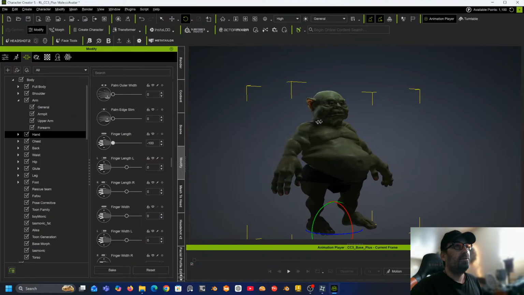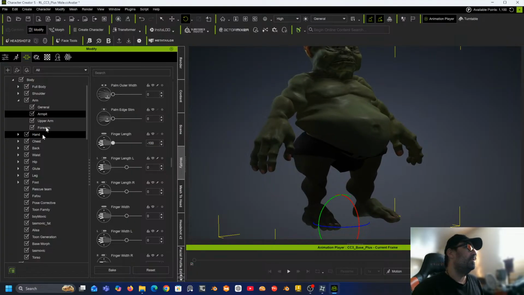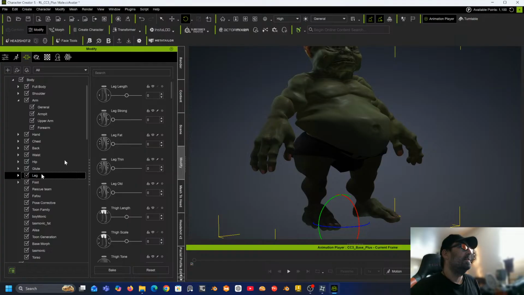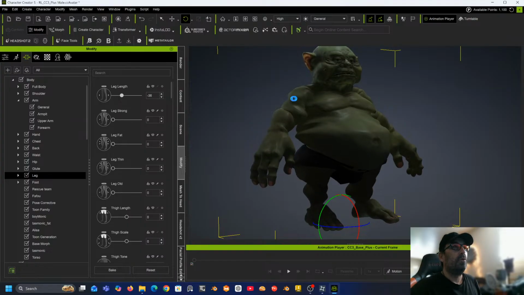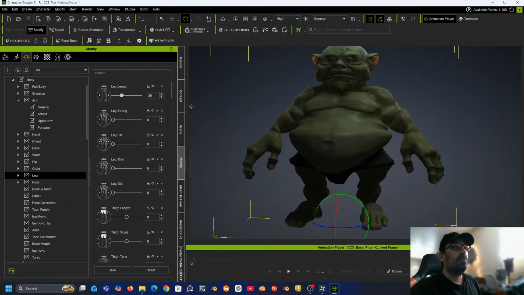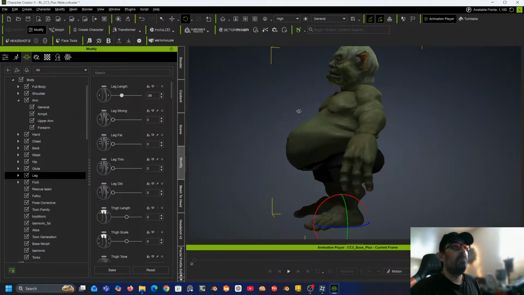Still think his legs are a little bit too long. So let me go with leg length. So pull this down a little more. Yeah. Now if he walked around in Walmart pulling up his pants every 5 seconds because they wouldn't stay up,